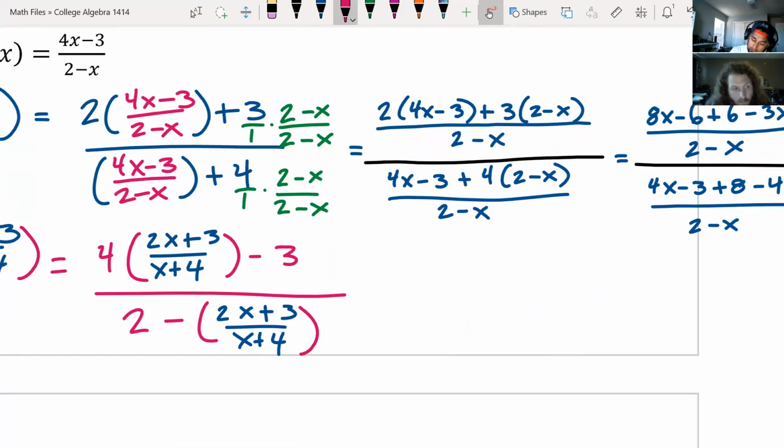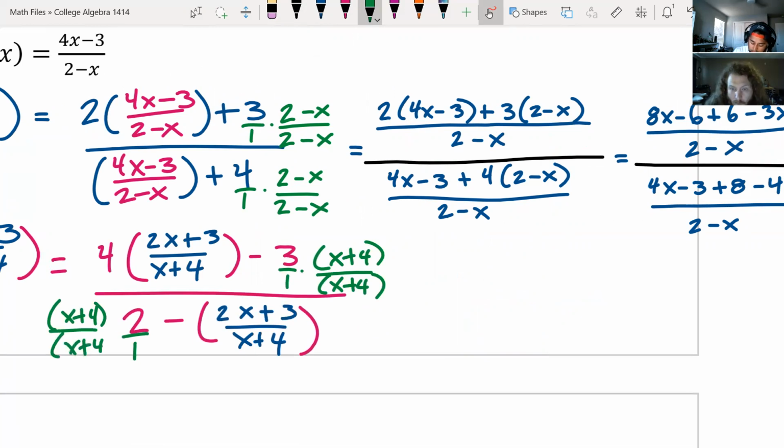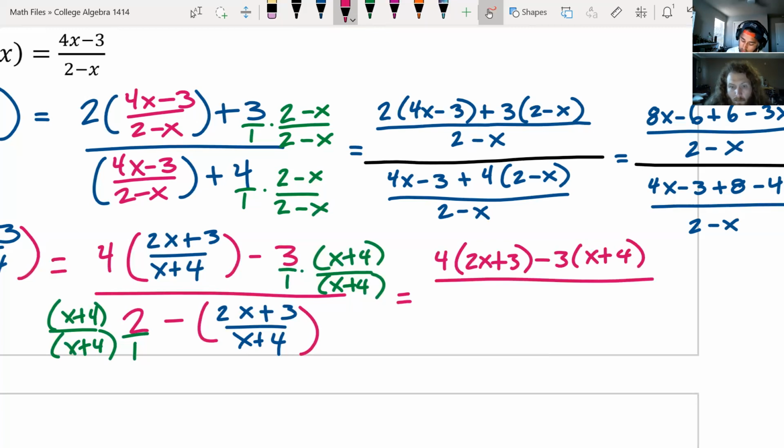And same thing here. Put 3 over 1. Get your common denominator of x plus 4. Same thing down here. 2 over 1. Common denominator of x plus 4. And then put your numerators together. 4 times 2x plus 3 minus 3 times x plus 4 over x plus 4